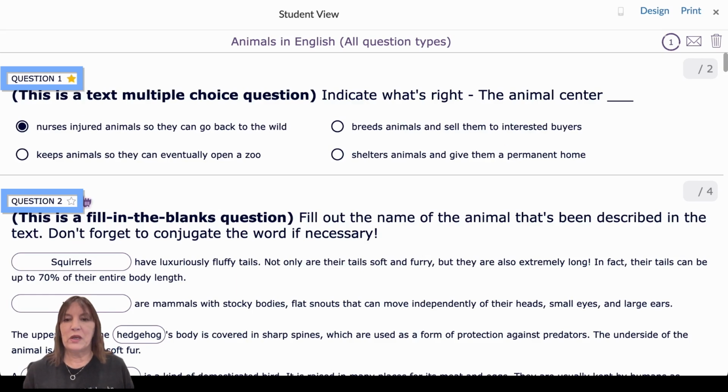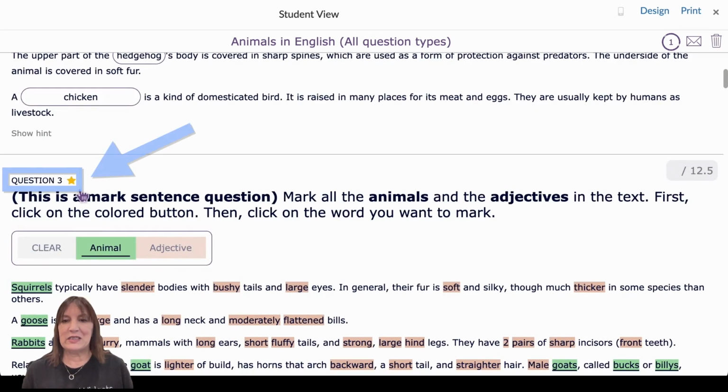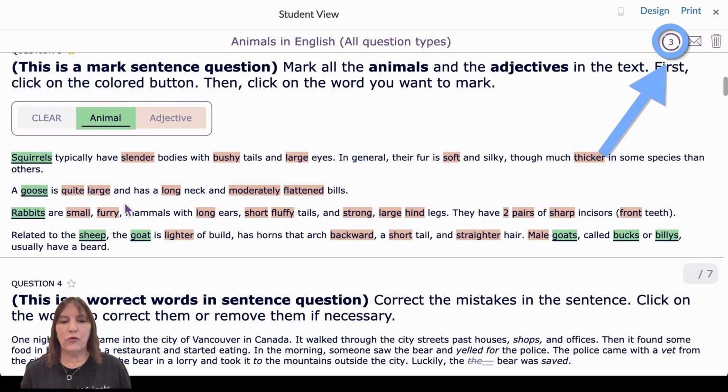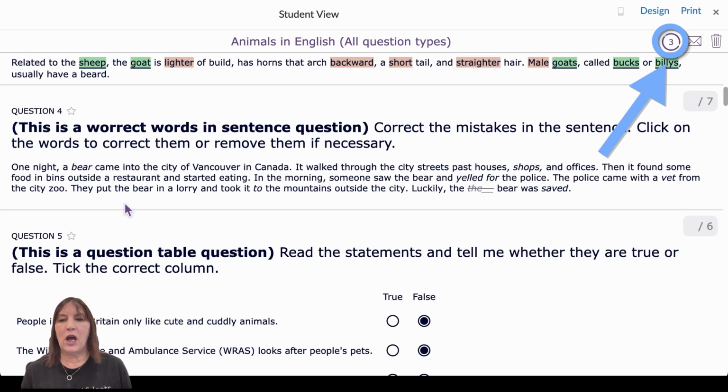for review. The student merely clicks on the star to activate the star, indicating that they will want to return to this question at some point in the future, either to review or to ensure that they have completed the question in full. Students can easily click the round question information marker in the upper right corner of the widget